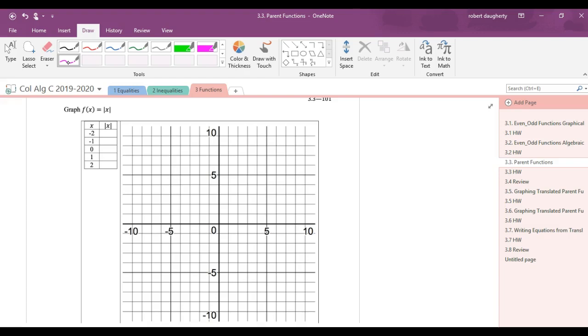Absolute value. What does absolute value mean? Whatever number it is, you make it positive. So what's the absolute value? Absolute value of negative 2 is 2. Absolute value of negative 1, 1. Absolute value of 0, 0. Absolute value of 1, and the absolute value of 2. So these are the points that I plan to plot. Negative 2, 2. Negative 1, 1. 0, 0. 1, 1. 2, 2. Okay. And if you connect the dots with these guys,